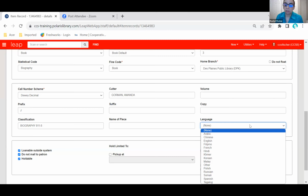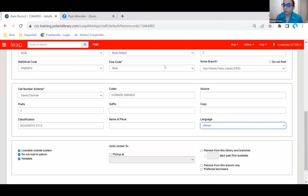Bob is testing the database to see if he can do a bulk update of all of the item records using the 008 field of the bibliographic record. If libraries are concerned that bilingual material will be coded as English instead of the non-English language, we can work with you separately to assess and correct those item records. We also have the option to potentially just do this one library at a time, the way we did